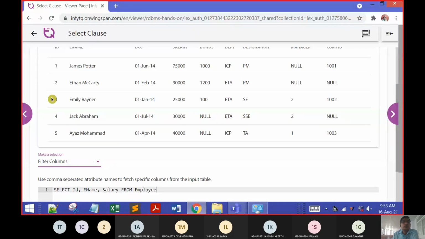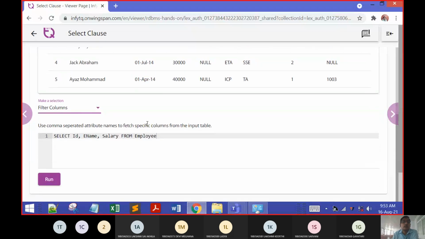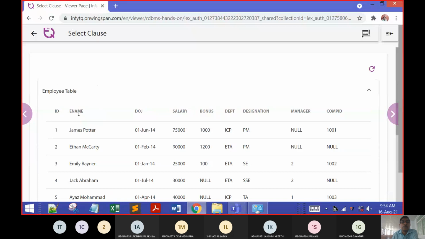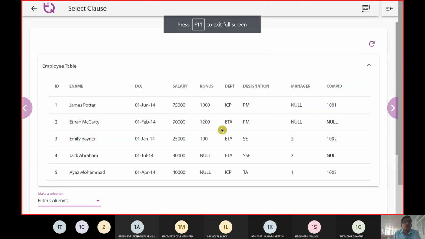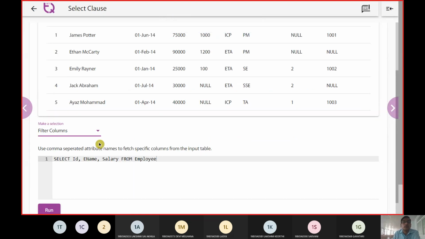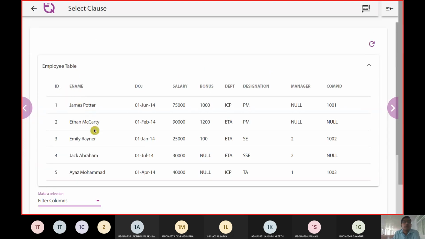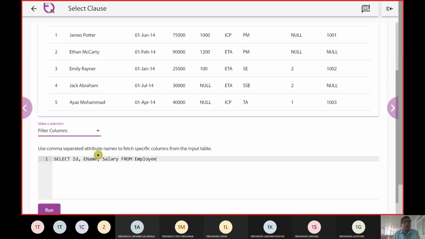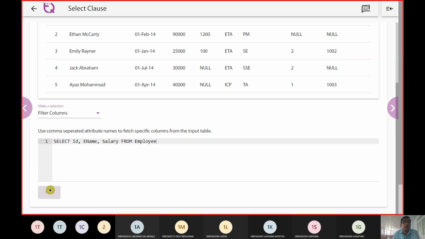So let us use one filtering column here. When I'm going to say filtering column, I have ID, name, date of joining, salary, etc. So what happens was we are now using a filtering column, and it says from, instead of ID, name, date of joining, salary, bonus, etc., you can bring up the 2 or 3 attributes, whatever necessary, and that too from an employee.